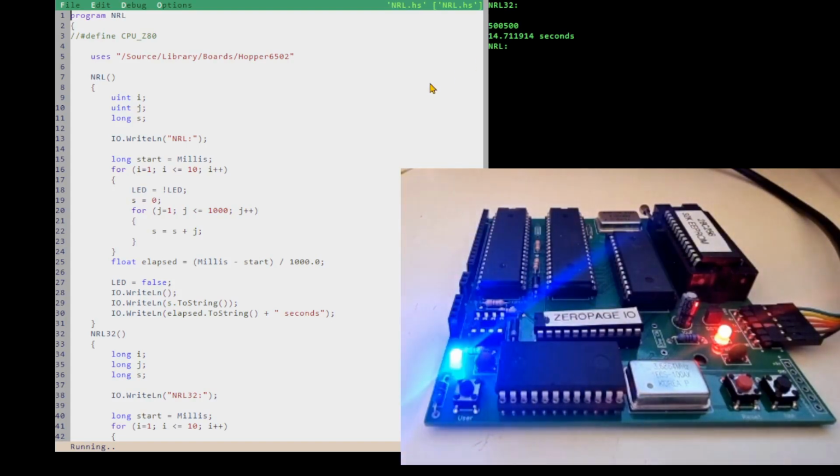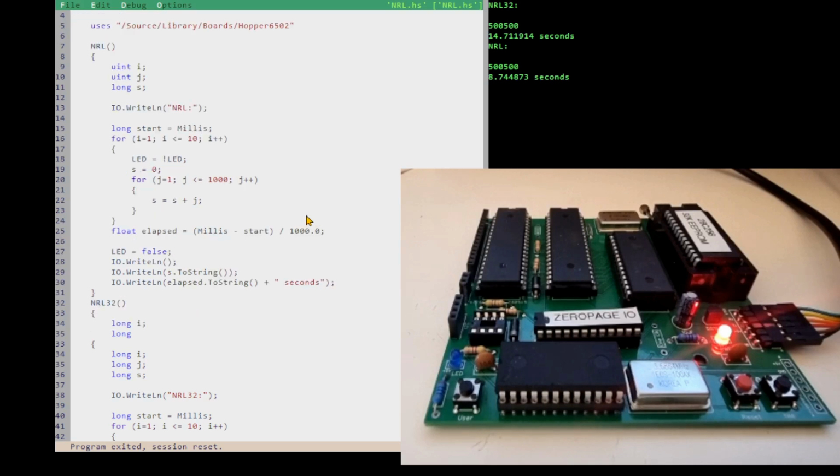And then the second one's running faster, and I'll explain why in a second. That first one took 14 seconds, and that second one took just under 9 seconds. So what's the difference between them? Well,